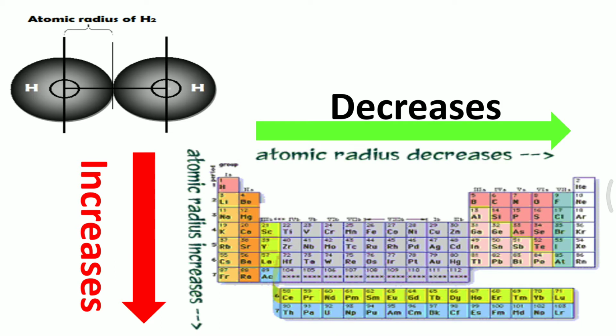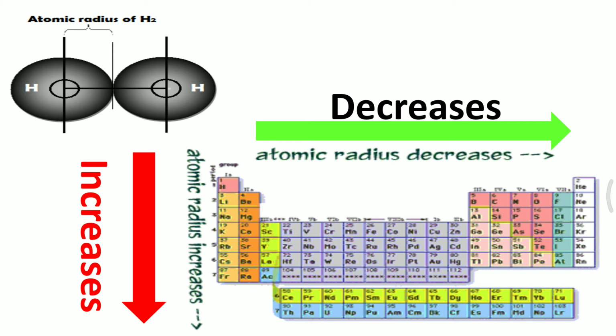So what is atomic radius? The atomic radius of a chemical element is a measure of the size of its atoms, usually the mean or typical distance from the center of the nucleus to the boundary of the surrounding shells of electrons. In the case of the hydrogen molecule, the atomic radius of hydrogen is determined as the distance between the two atomic nuclei of the two identical hydrogen atoms which are bonded together